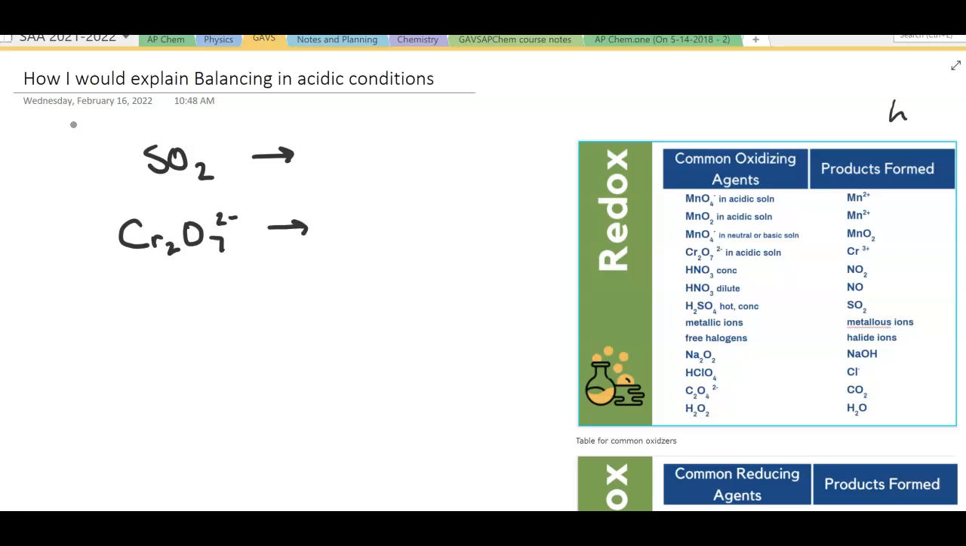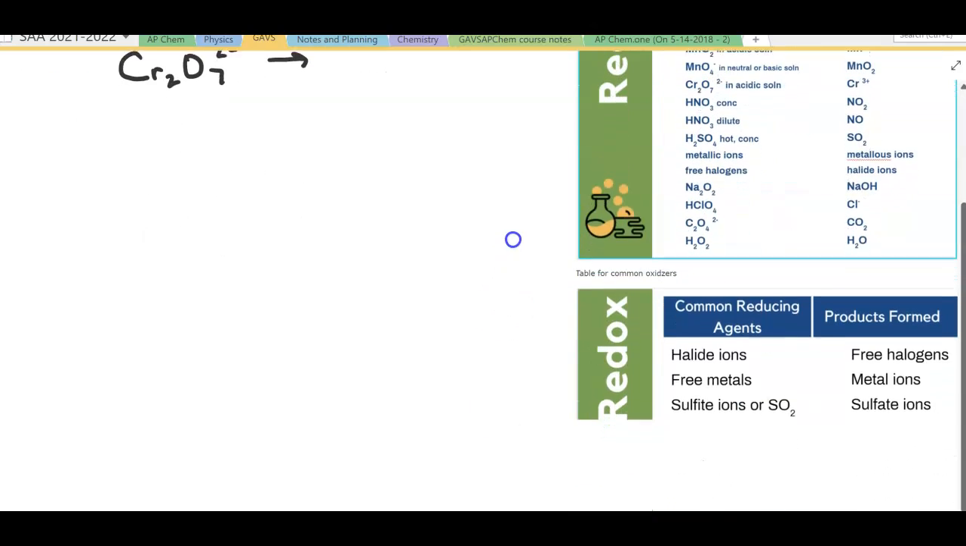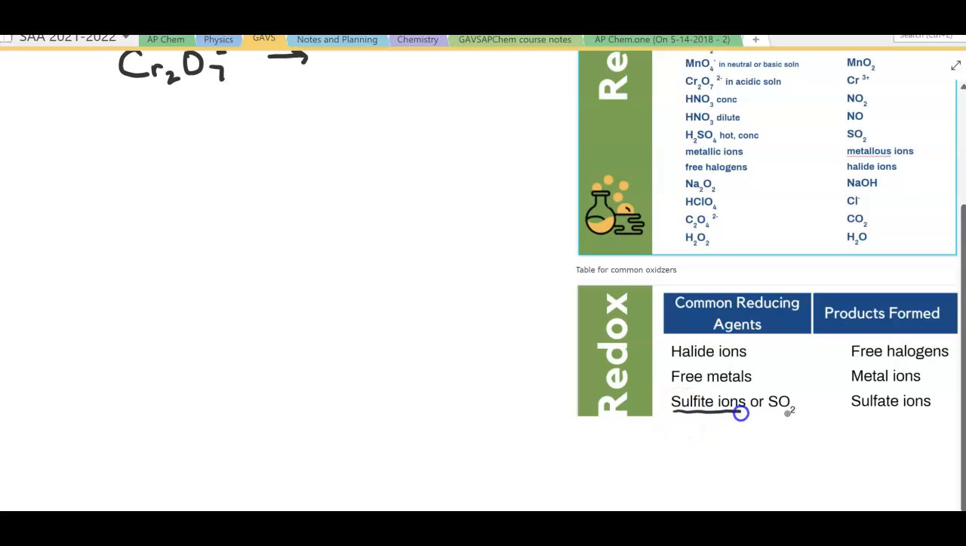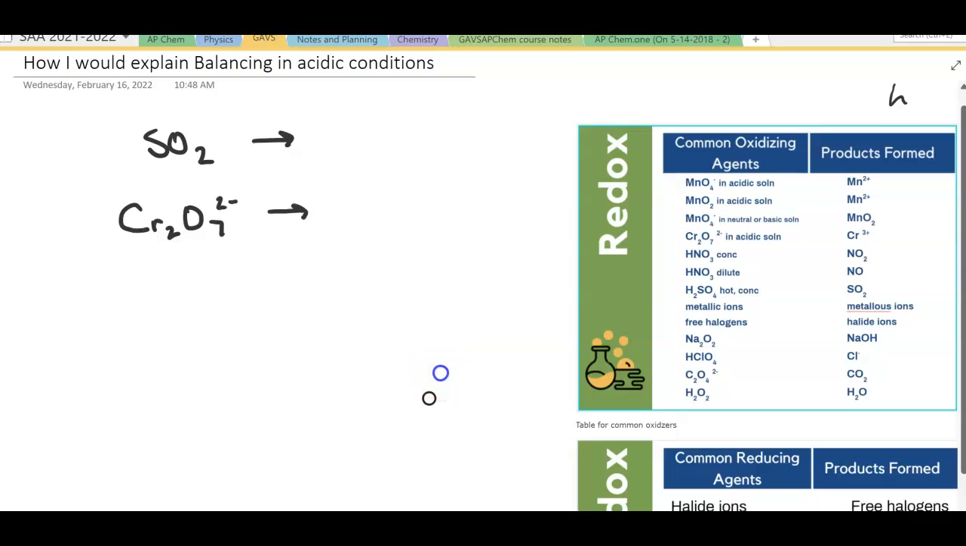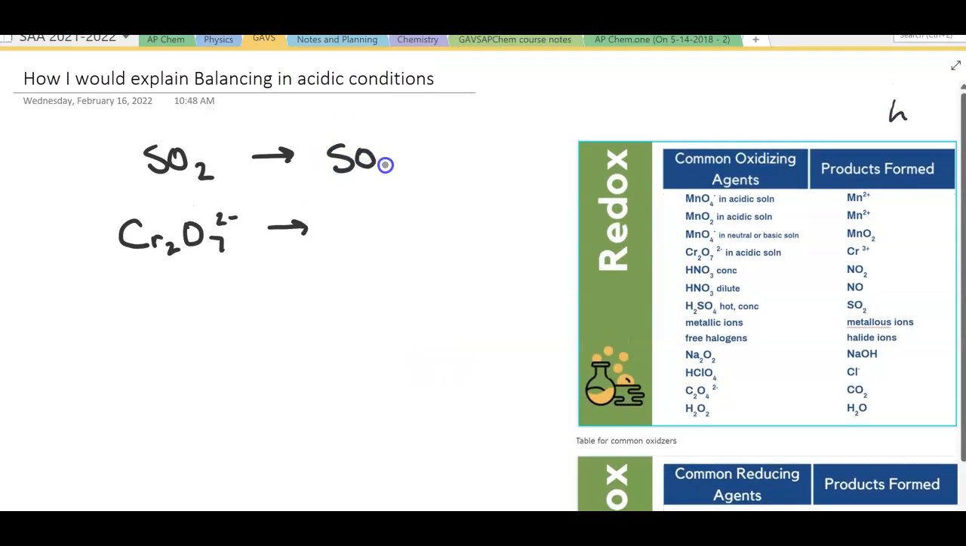I don't see sulfur dioxide in any of my common oxidizing agents, but if I look here, I can see that sulfide ions or sulfur dioxide goes to form sulfate ions. So I know that's how I can predict that sulfate, by looking at that chart, that that's what's going to happen. And in order to do that, I know that I'm going to have some electrons transferred here, and I know that the oxidation state for